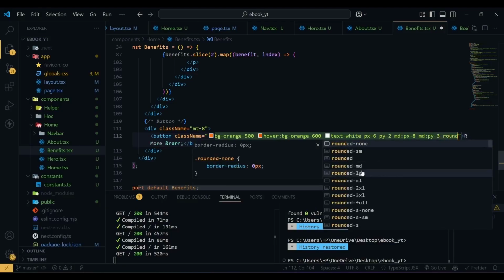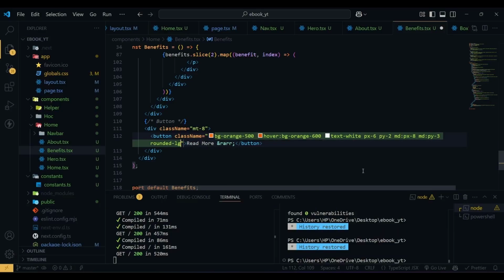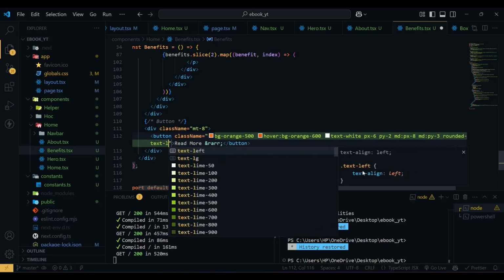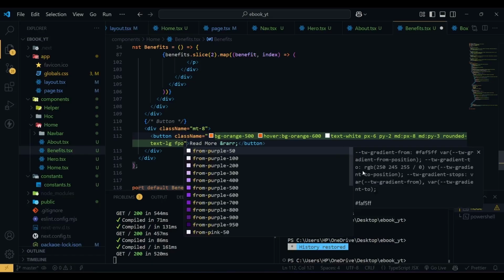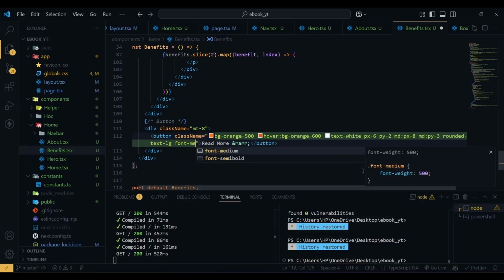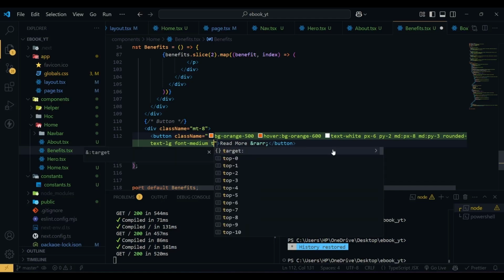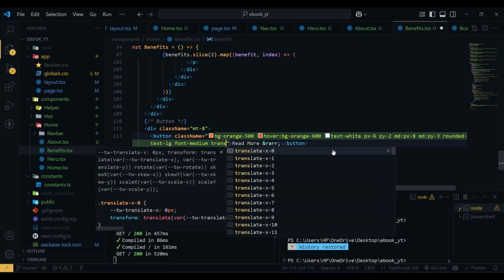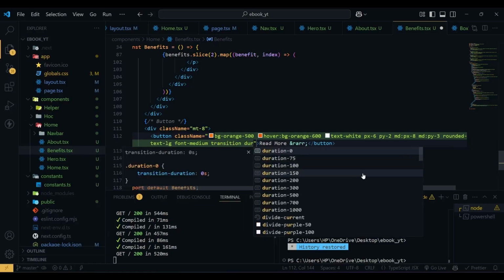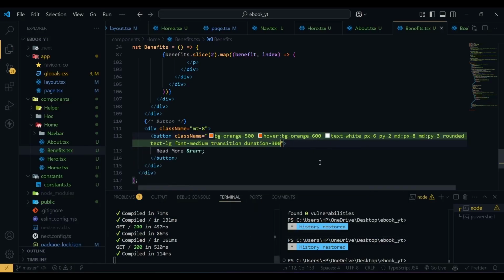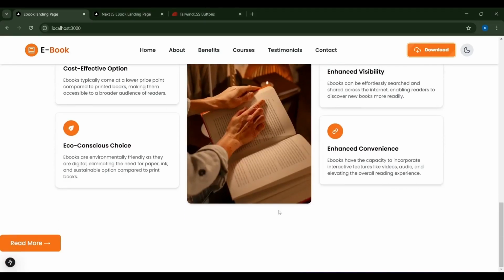Rounded-lg. Text will be lg. Font will be medium. And then we have transition, and duration will be 300 milliseconds. Now if I hit save and go to our project, here we have the button,